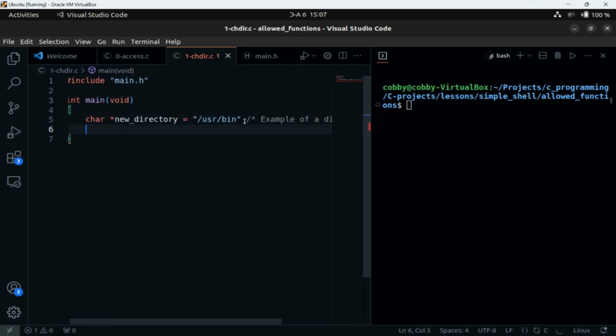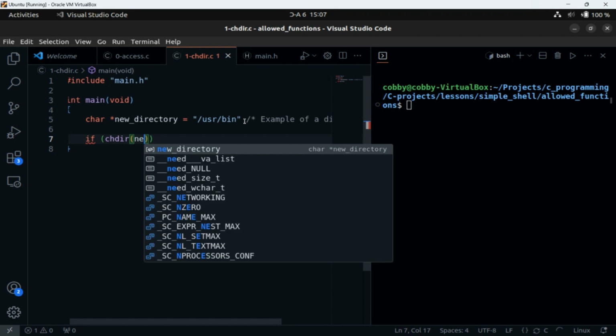So, am I on the right track? Yes. So let's use another statement to test. We want to say that it returns 0 on success. So what we want to write is the condition: if change directory,